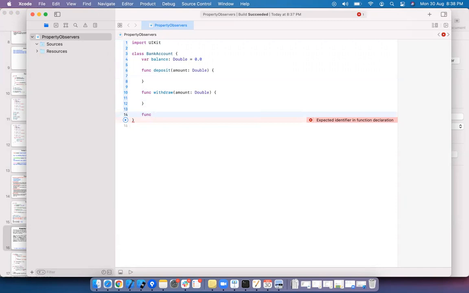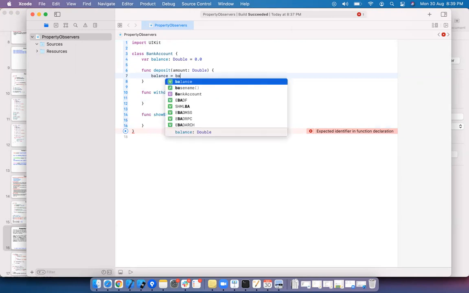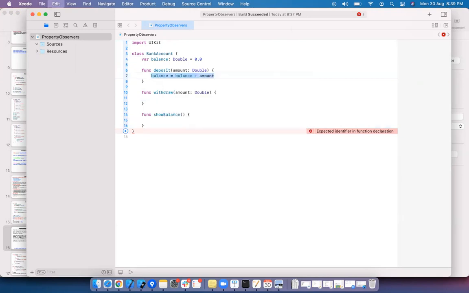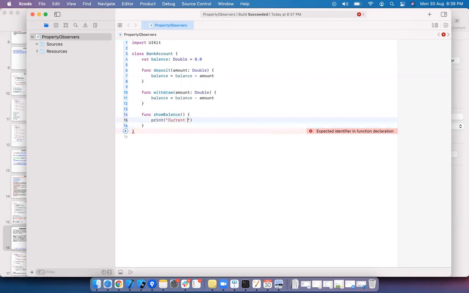Show balance is another method. I'm just writing balance equal to balance plus amount. Here balance equal to balance minus amount. Here I'll just print current balance in account equal to balance.